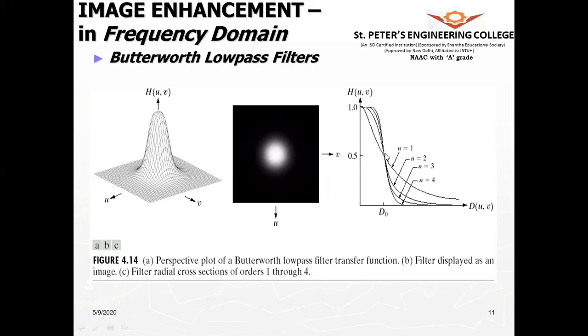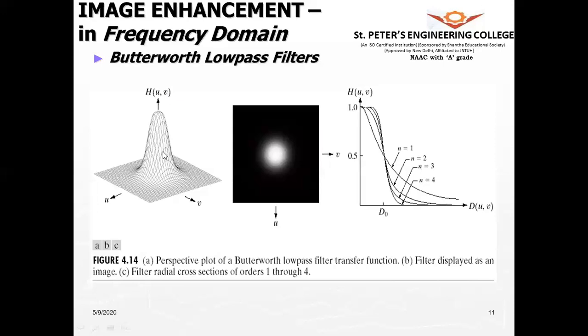And you know the order of the filter, the higher the order, the roll off from the pass band to stop band is quicker. Now you can see that this is for order n equals 1, and this is for order n equals 4. So we have a better pass band, and the roll off also is quick into the stop band with greater order.